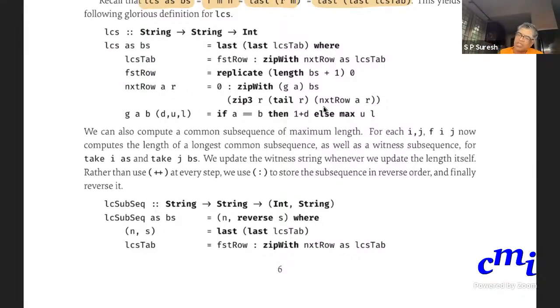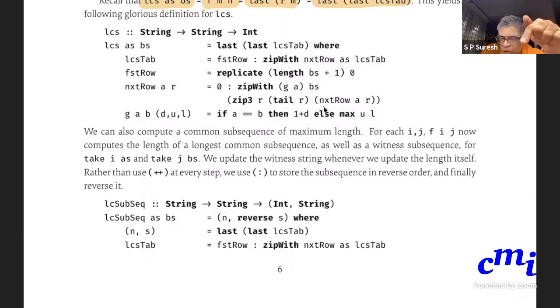Now you are determining LCS of take I A's and take J B's. Right? So the recursive subcomputations that you have made would have provided you with numbers earlier. Now think of them as providing you with a number as well as a string. The string represents a common subsequence.